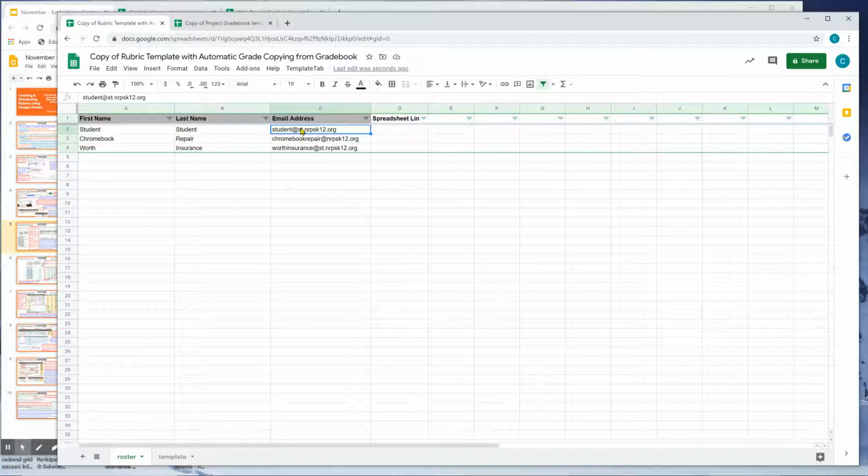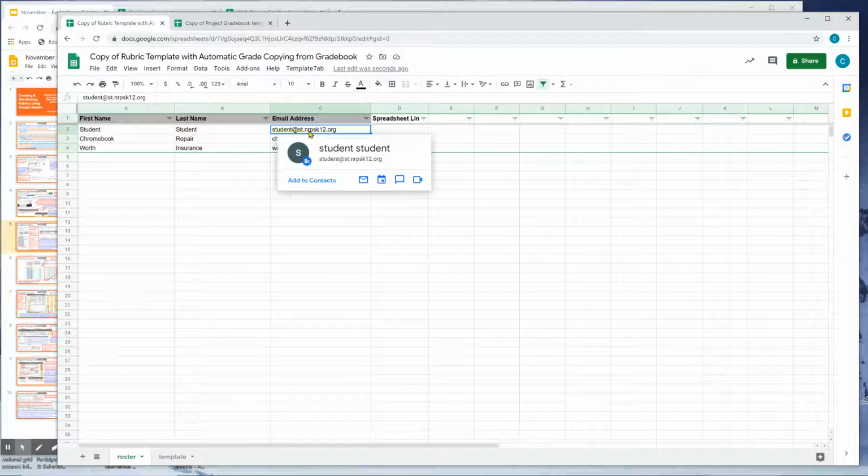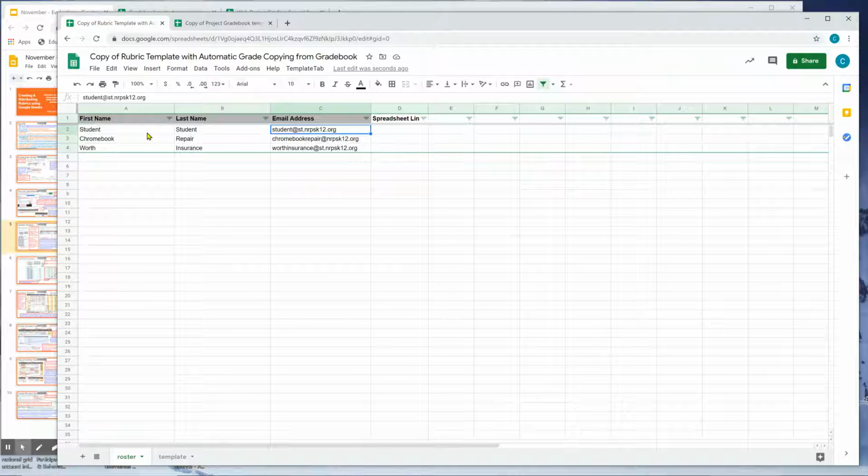When you create the spreadsheets for each student, it's actually going to automatically share them with the students as commenters. So that email address is important that you add in there. And make sure that it's in alphabetical order by last name when you're adding them in. I'm noticing that mine is not in alphabetical order by last name. Don't make that same